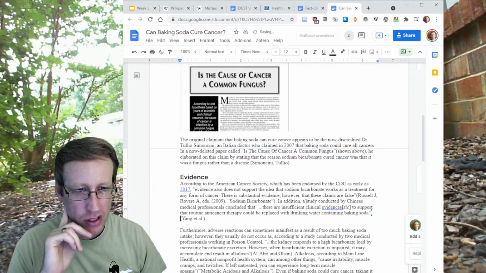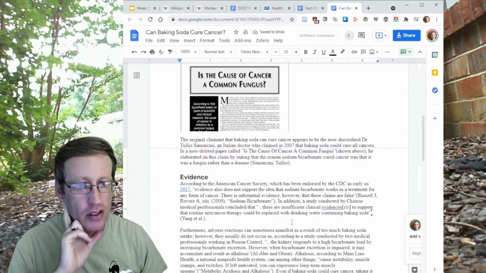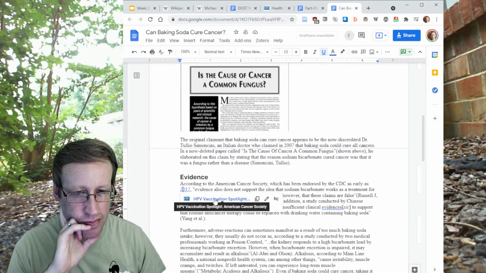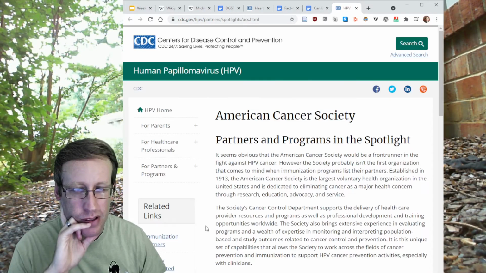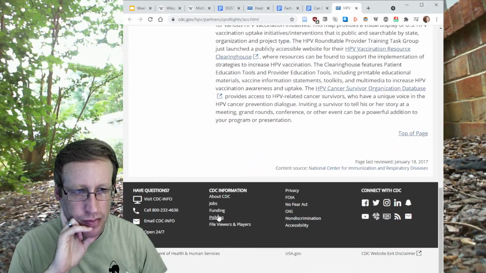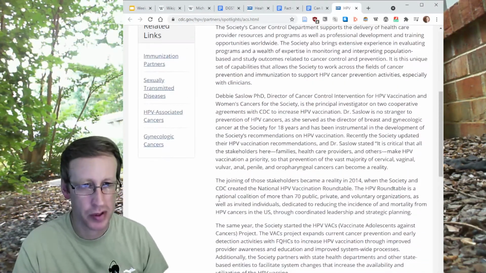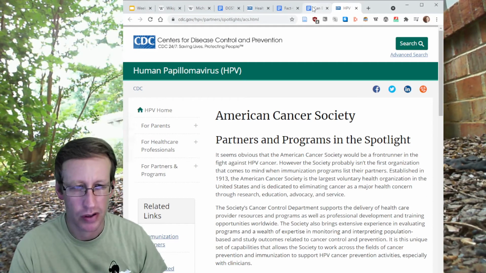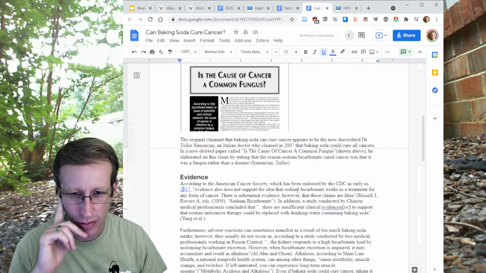I'm wondering, your statement about the CDC and the American Cancer Society seems a little strange. The American Cancer Society has been around for a while, certainly before 2017. This article seems to be, okay, that seems like you're getting on the date there. It seems like you're keying on the date from this article.